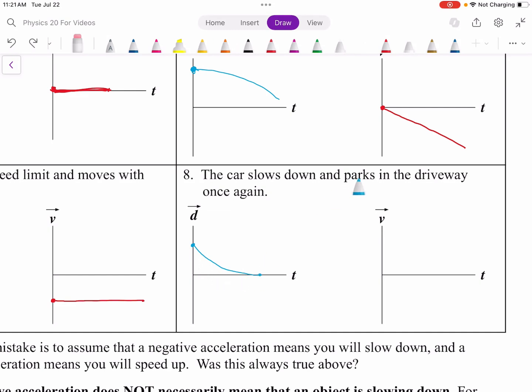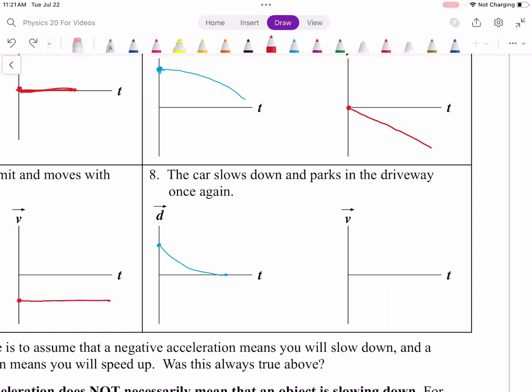Right? Well, good, because it parks. So it's supposed to stop. It's supposed to have a velocity of 0 at the end. And we know that the slope of this tells us its velocity because d over t, rise over run, is velocity. And finally, for our velocity time graph for this portion of the journey, okay, ask yourself things like, again,